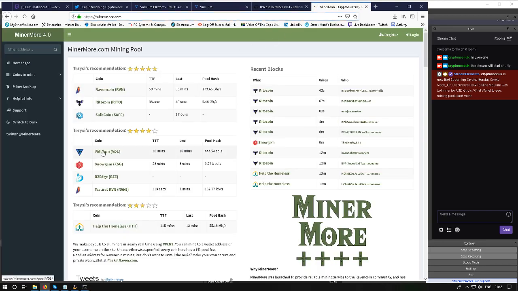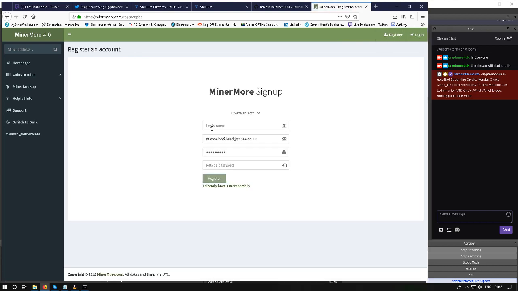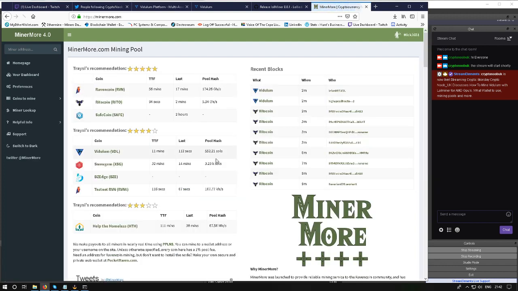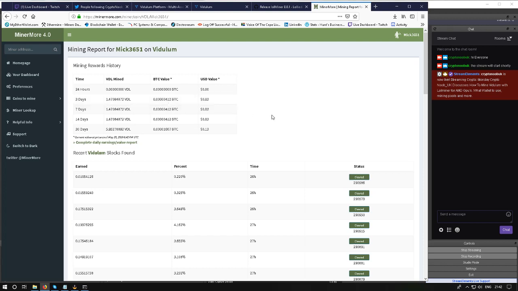To check out your coin, you click on there. Now, to register you have to put your login name, your email address, and retype your password in. I'm already signed up, so I just log in. Now I just go to my dashboard. This is your dashboard here, and all you do is click on that and it will show you how many coins you've mined,